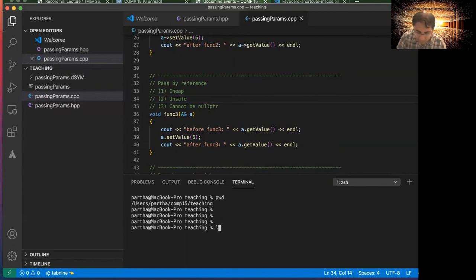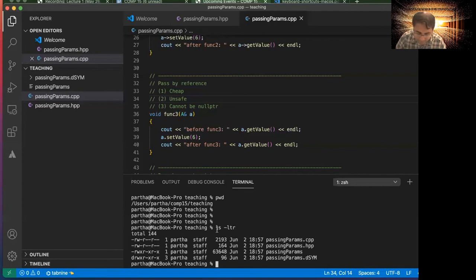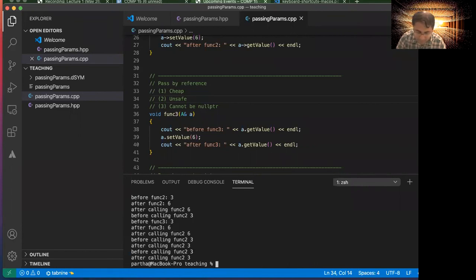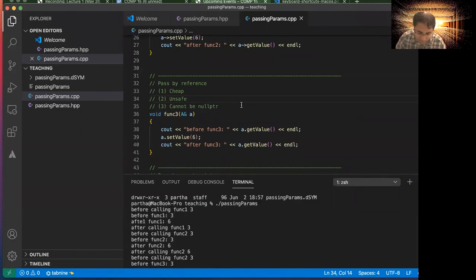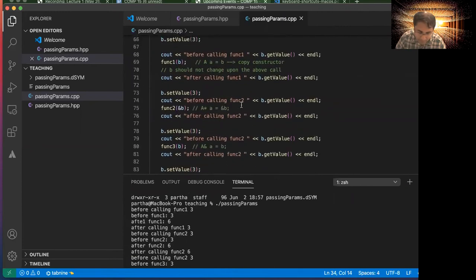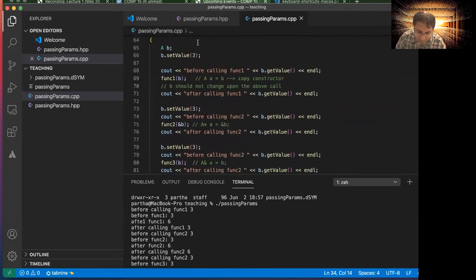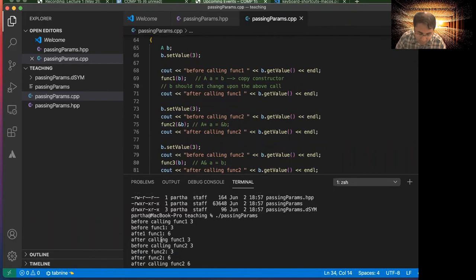Okay, so now what did this generate for me? ls -ltr is just a way for you to see the latest one at the end. So it produced this executable called passing params, right? All I have to do is ./passingparams, and this executed the whole thing. So as you can see, what is our expectation when the value should not change? The first one is supposed to be safe, right? The value should not have changed. And you can see that okay,